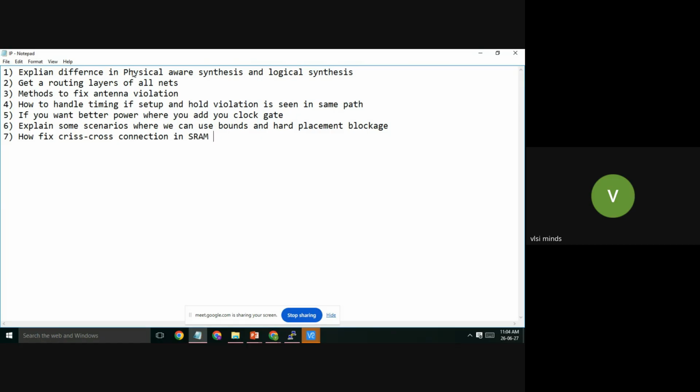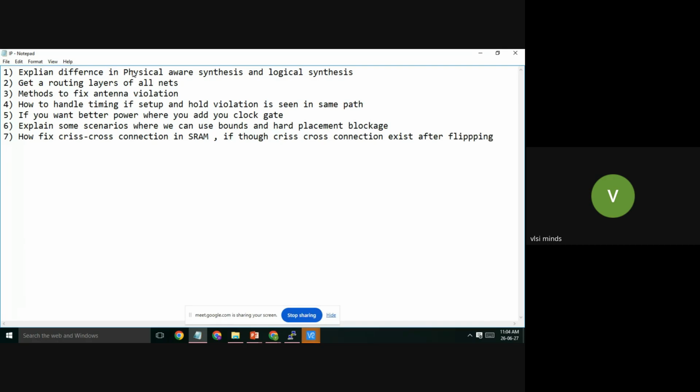How to fix crisscross connection in SRAM even though the crisscross connection exists after clipping?